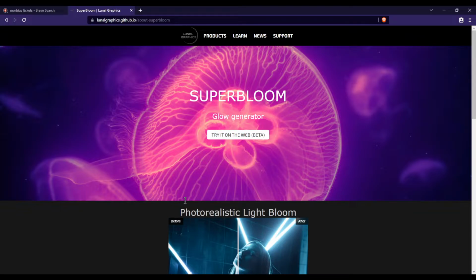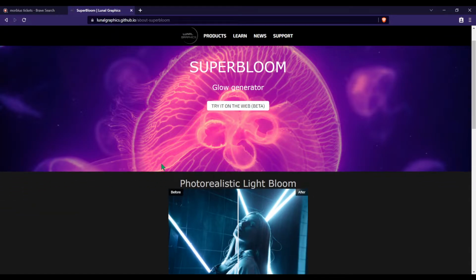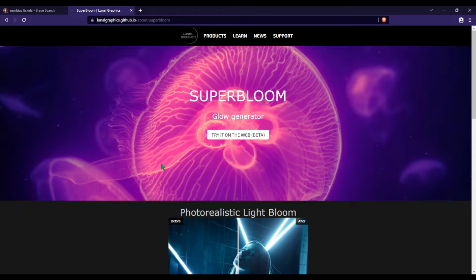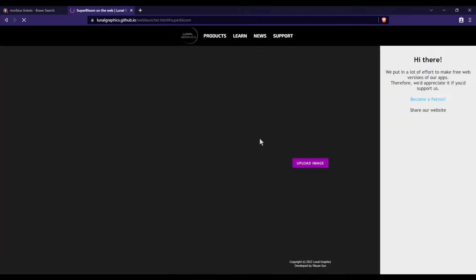So let's head over to the web page for SuperBloom, and I'll be dropping the link to this site in the description. You see here, there's a button for try it on the web. As you might notice, we're currently in beta. When we get past beta, I'm going to be adding downloads so you can use the app offline and on your desktop. So let's open it real quick,